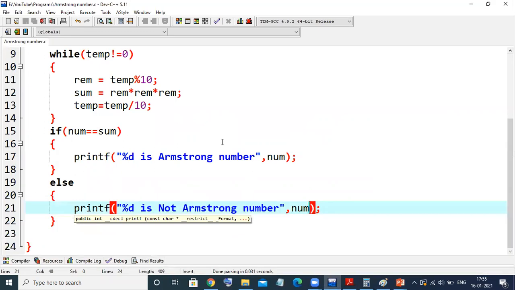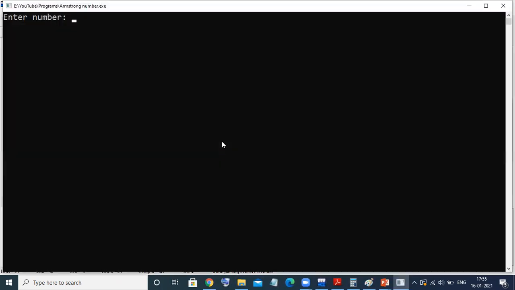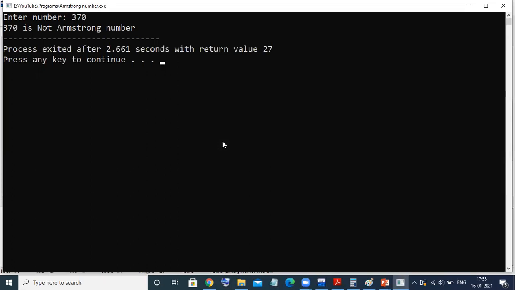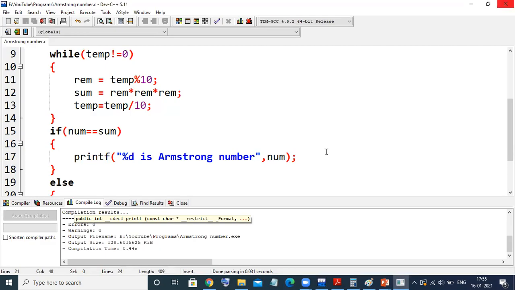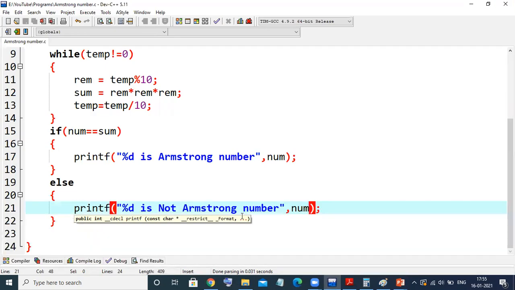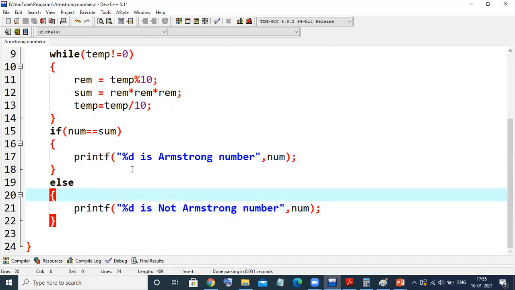Okay. We'll compile and execute again. And this time I'm entering 370. Yes, 370 is, oh, sorry. Something is misplaced in the logic, because already we have the calculation. If num is equal to sum,